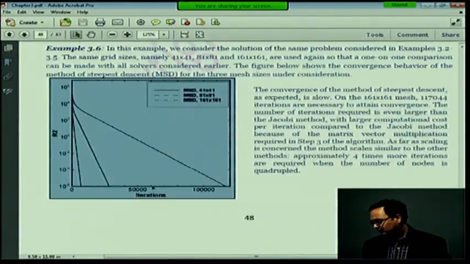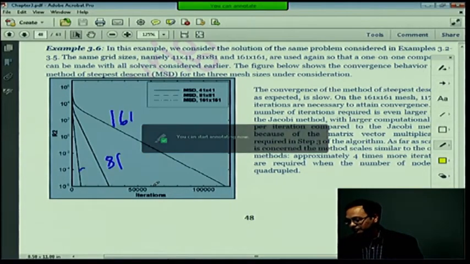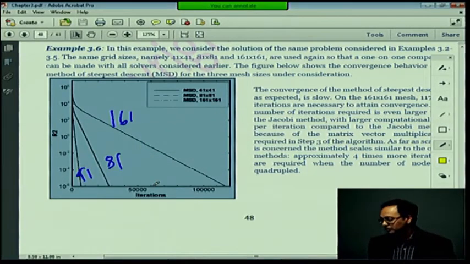So this one here is 161, this is 81, this is 41. But you see how many iterations it's taking. Huge. 100,000 plus for 161 by 161. Pretty expensive. We go to conjugate gradient,